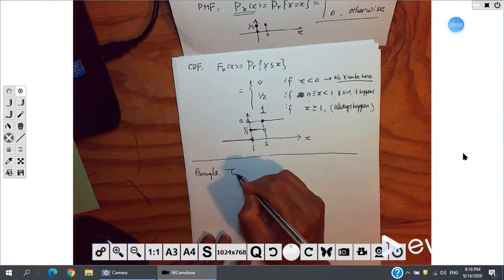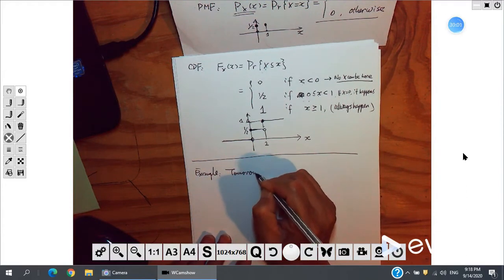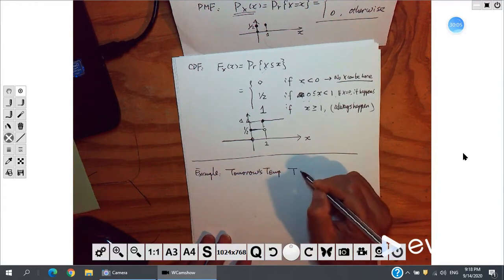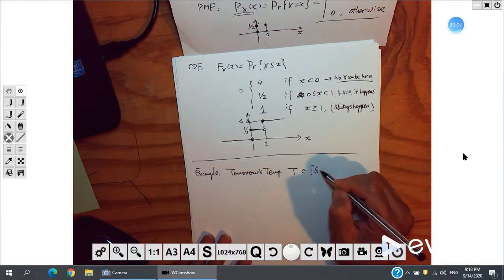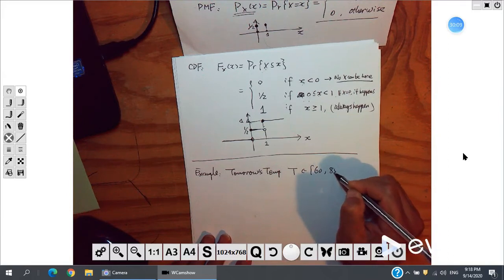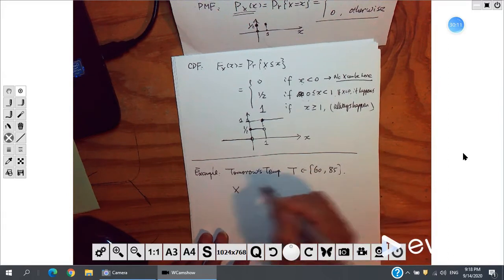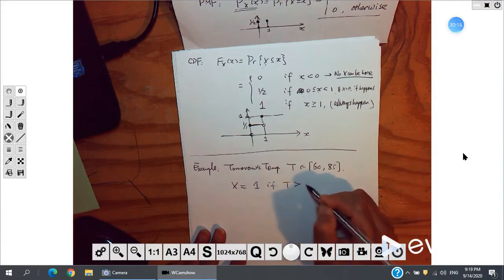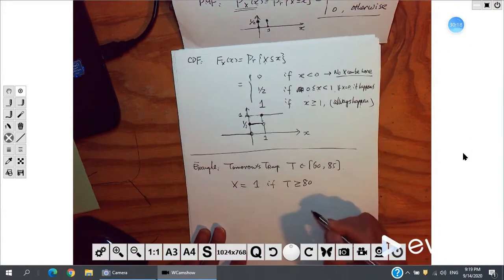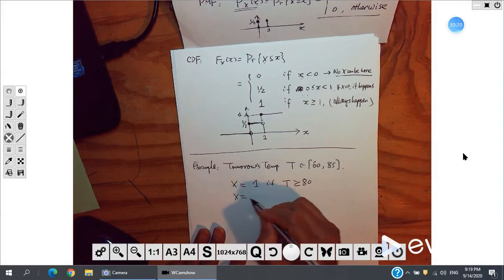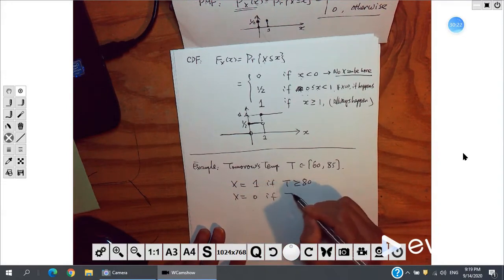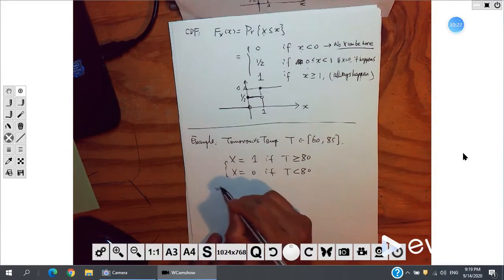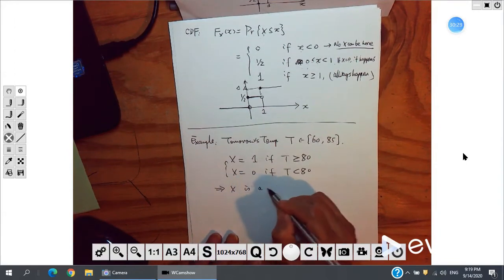And we can consider another example. Tomorrow's temperature T belongs to 60 to 85, and I define X equal to 1 if T is larger than 80, including 80, and X equal to 0 if T is smaller than 80. Then X is a random variable,